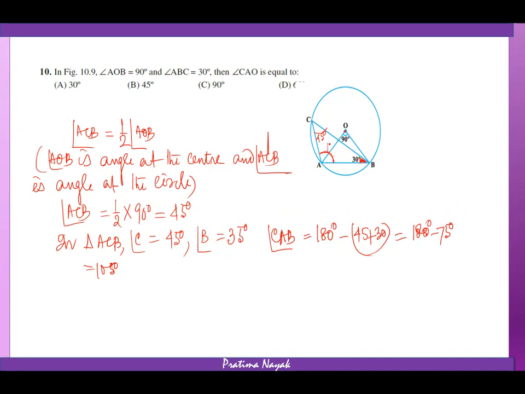Whole is 105. Now how to get this angle? This is 30,